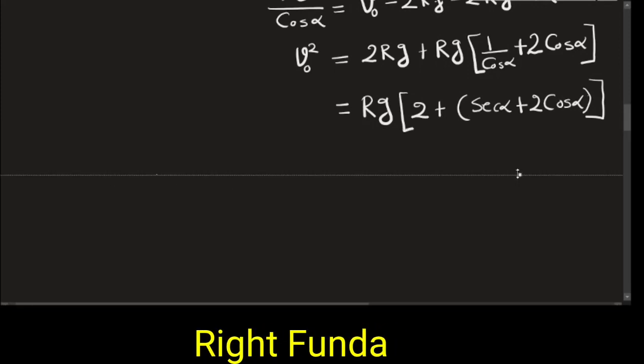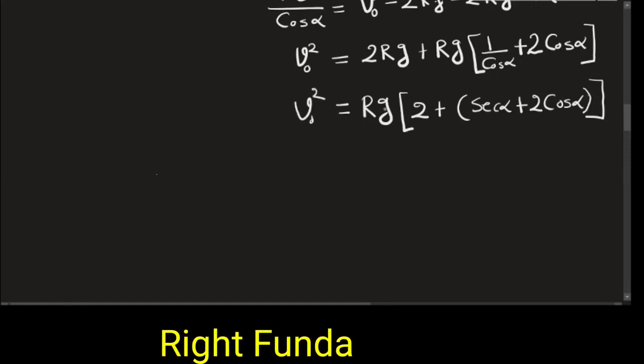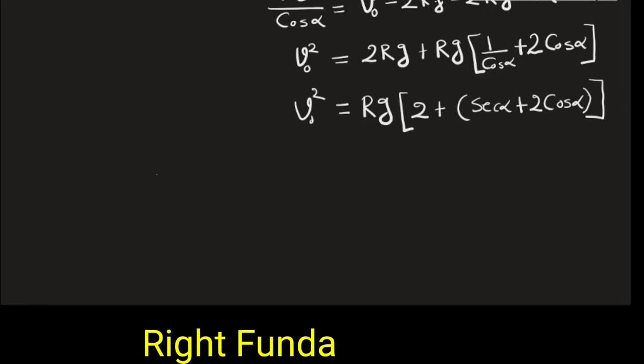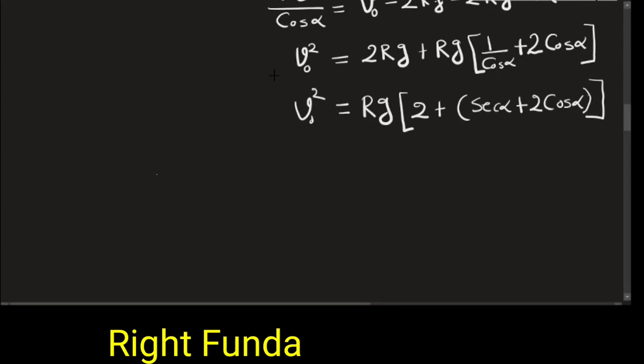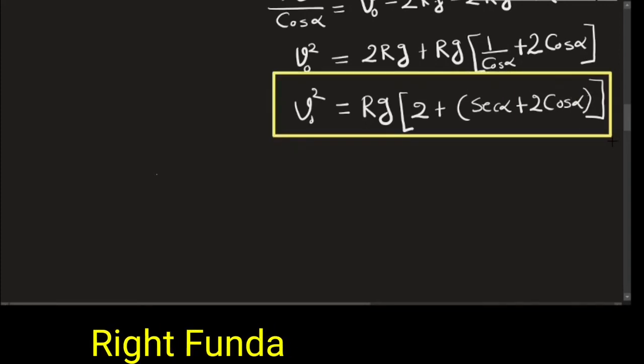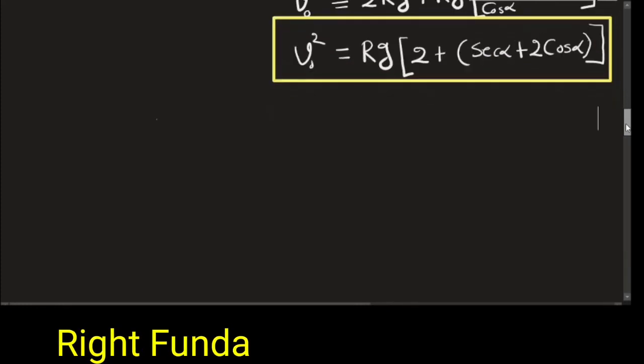Alright. So this is the speed square at the bottommost point where it started. Speed square, it started at the bottom. So another relation I obtained, I put in a box like this. Another result we obtained. Okay. So two results obtained. V1 square we obtained, and from the V1 square we got the V naught square.